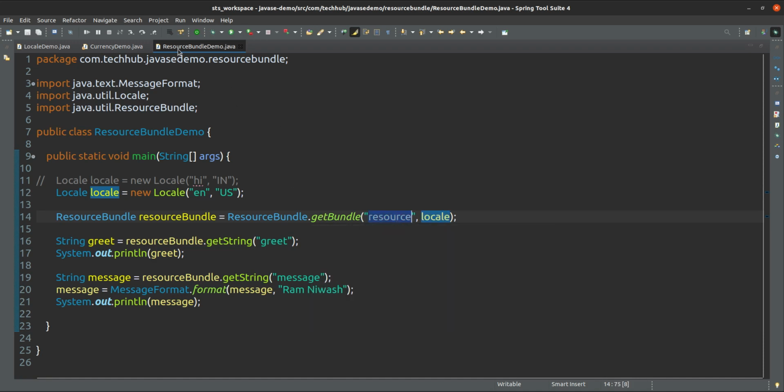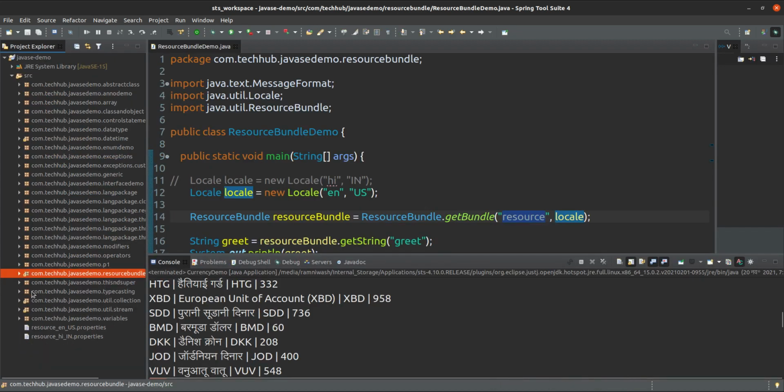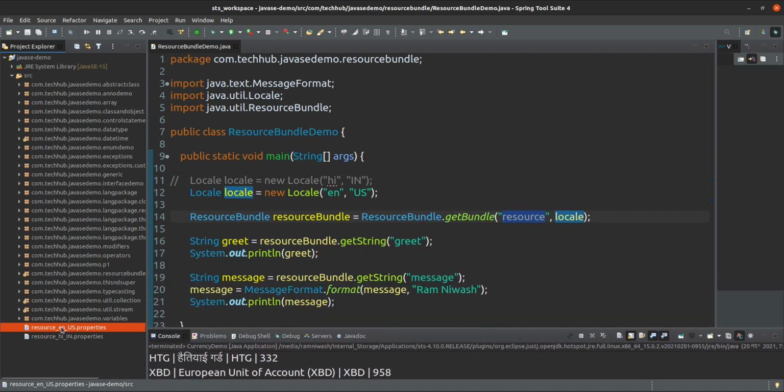And what is the meaning of this resource here? This resource is nothing but a file, a properties file that has some naming convention. Resource is the name of the resource bundle file, and after this resource you have to give an underscore, and after the underscore you have to give your language code.